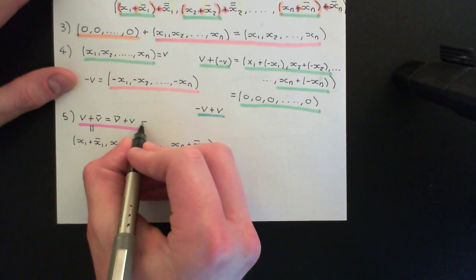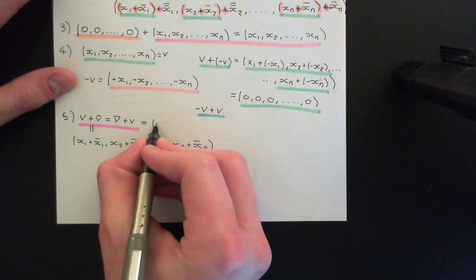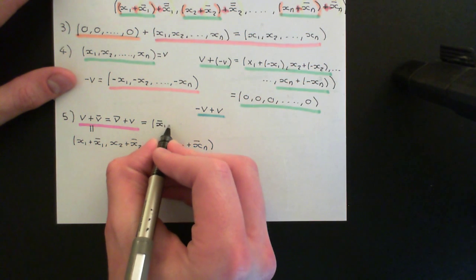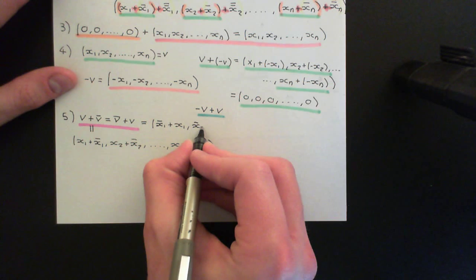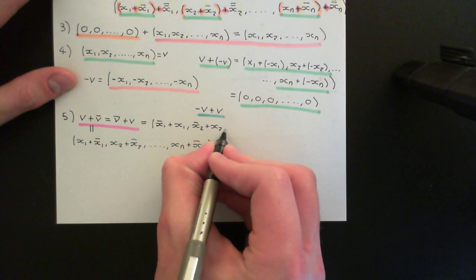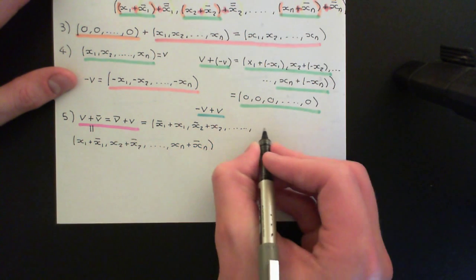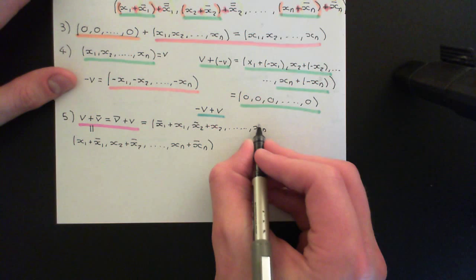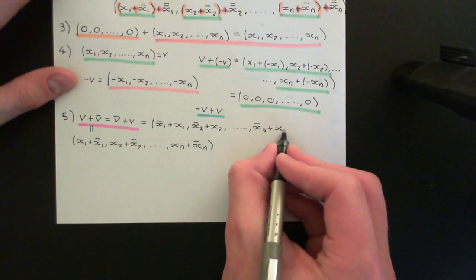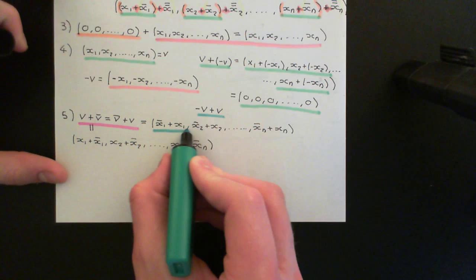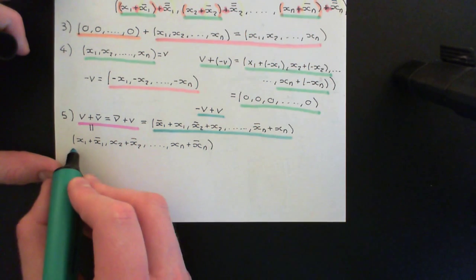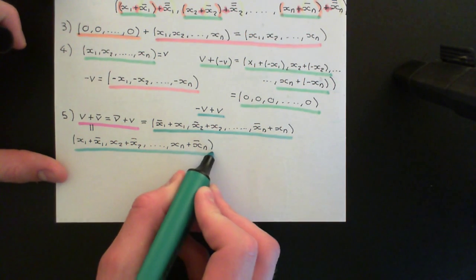So the answer on the right hand side here that I'll get will be x1 bar plus x1 as the first component, x2 bar plus x2 as the second component, and then it will go all the way on till we have xn bar plus xn as the nth component here. Okay, so these are obviously going to be exactly the same because of commutativity of addition